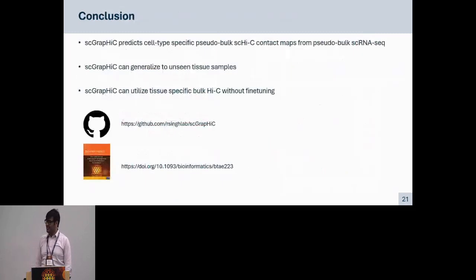With that, I'd like to conclude by summarizing the contributions of our work. In this talk, I'm presenting the single-cell GrapHiC framework, which can predict cell-type-specific single-cell Hi-C contact maps from pseudo-bulk single-cell RNA-seq. I have also shown that single-cell GrapHiC can generalize to unseen tissue samples and cell types. And I've also shown, more importantly, that it can generalize to tissue-specific bulk Hi-C contact maps to further boost its